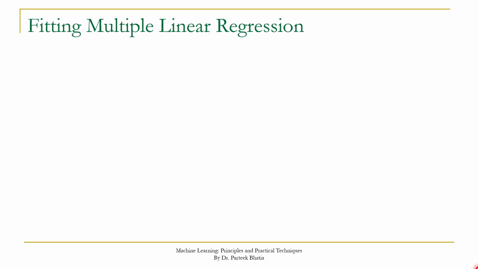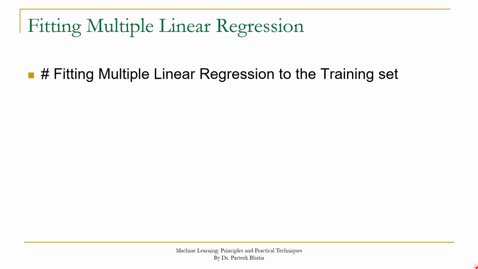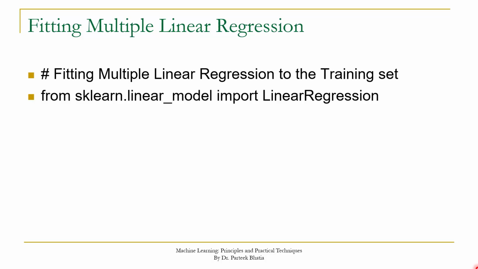As discussed in our previous session, we have to build our model on the basis of X-train and Y-train. And in order to build this multiple linear regression model, the syntax will be same as simple linear regression, because this multiple linear regression is also implemented in a class named as linear regression, and this class is available in linear_model library of sklearn. So by using this command from sklearn.linear_model import LinearRegression, we are importing this class, and this is the same class which we have used for implementation of simple linear regression too.